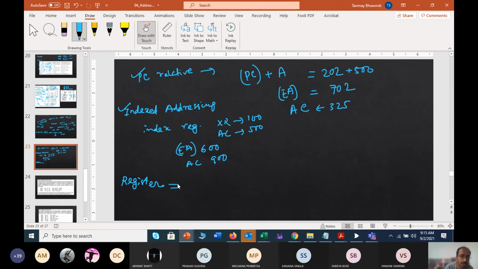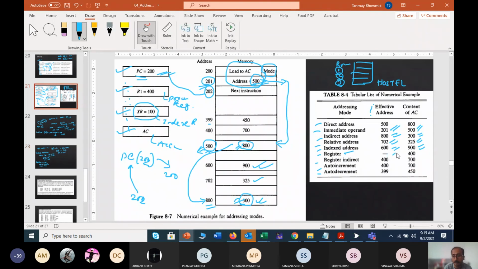Now what was your register content? It was 400. Without taking any other data, that particular data only will be loaded into the accumulator. So in the effective address there will be no data, and in accumulator content it will be 400.